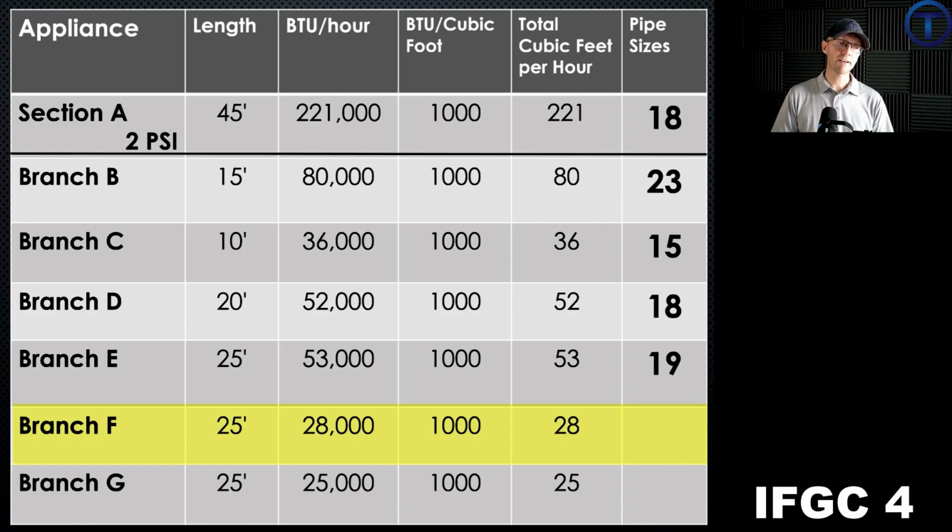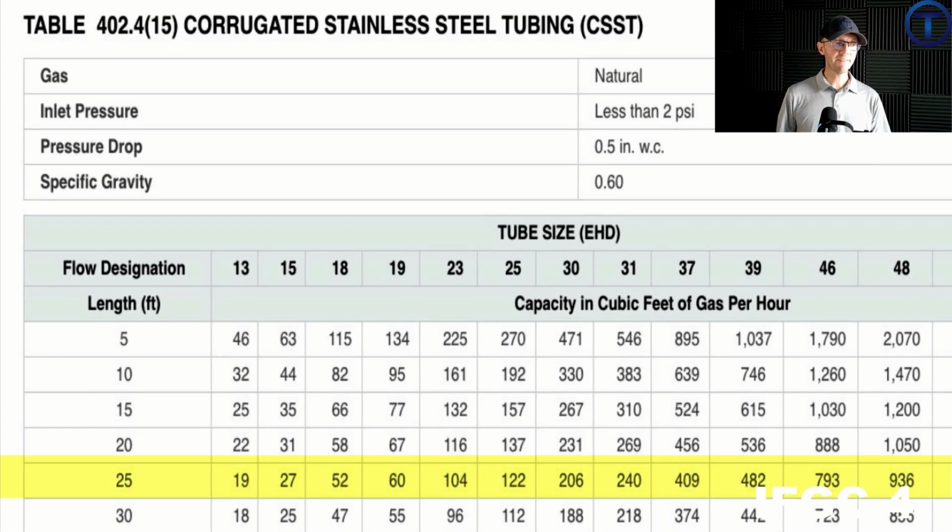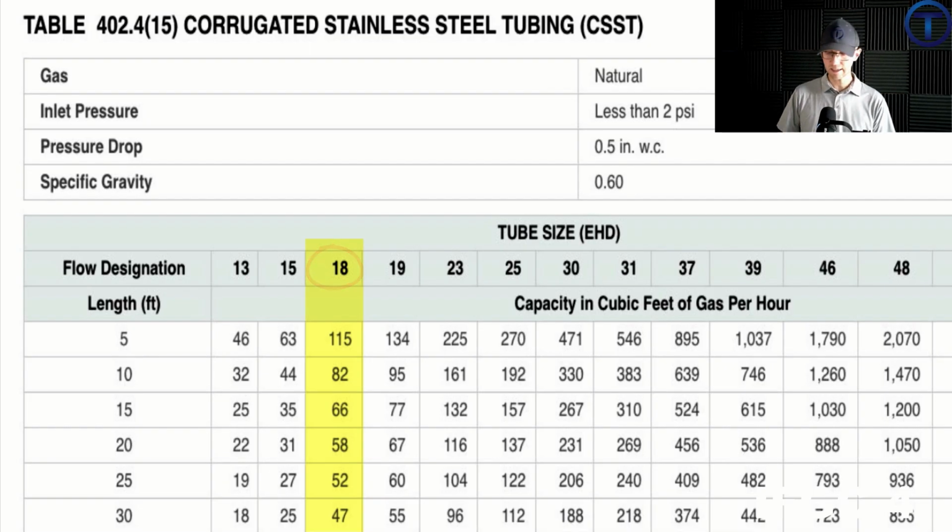Now we have branch F. We have 25 feet and 28 cubic feet per hour. F is going to the dryer. 25 feet. We do have a row for that, and 28. Oh, look at this. It's more than 27. We're going to have to bump up to this column that has 52 cubic feet per hour. Go to the top and we find we have a tubing size of 18, and we'll put that on our